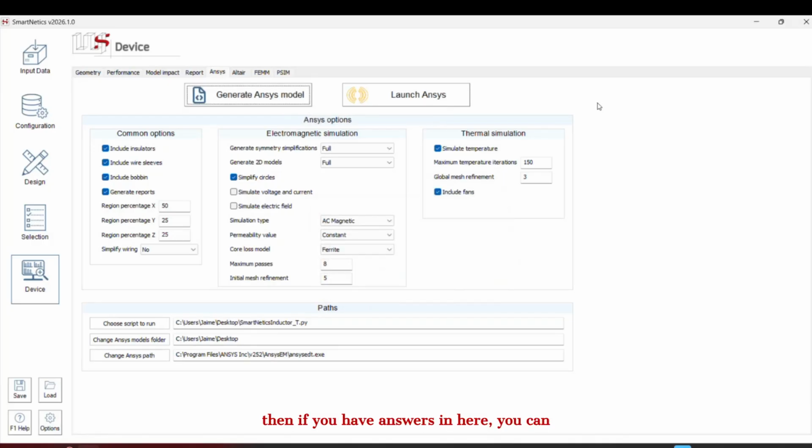And then, if you have Ansys in here, you can simulate that or launch Ansys automatically with this button. Otherwise, you can just send your model to somebody that has a valid Ansys license, and you can run the simulation in a different computer. Okay. In this case, I have a license because Ansys has provided us a license for these webinars, so I